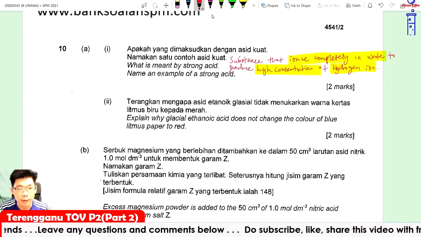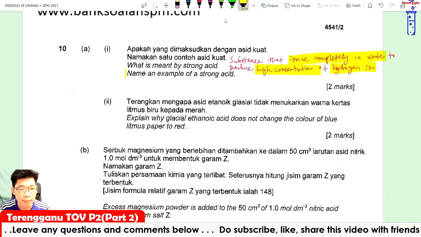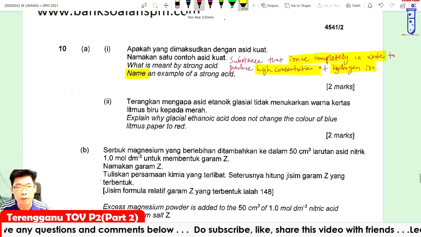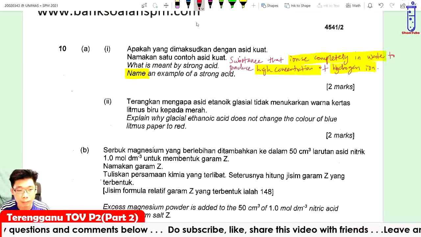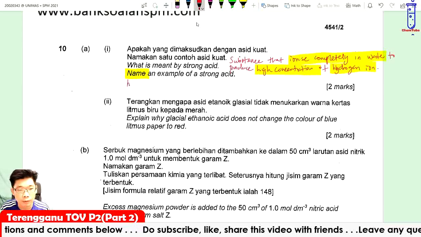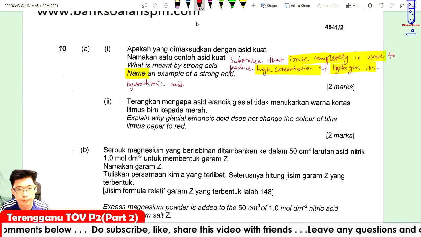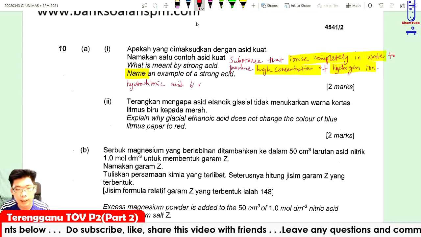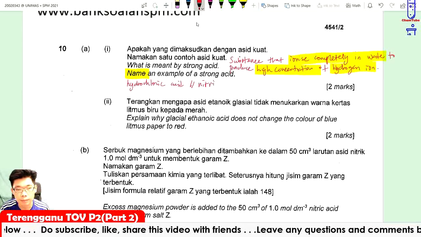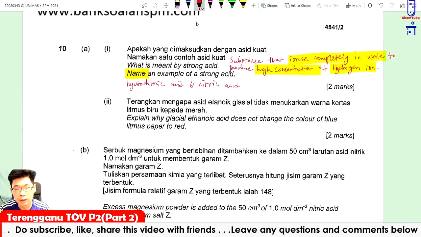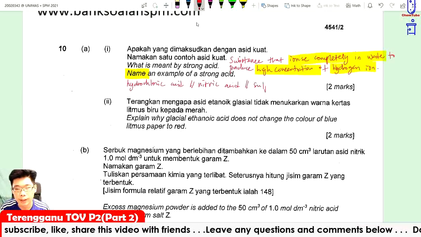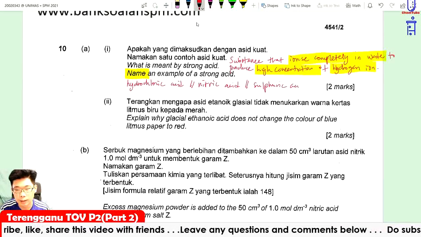Okay, now name one example. So you must give the name. So actually in the SPM level, remember, okay, so hydrochloric acid, okay, nitric acid also accepted, or sulfuric acid. Okay,